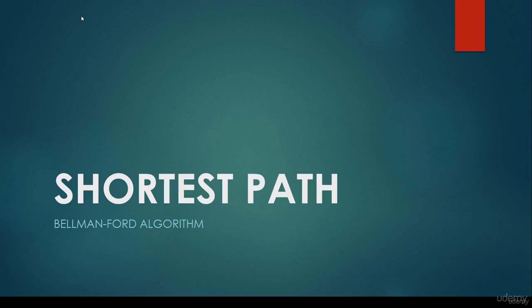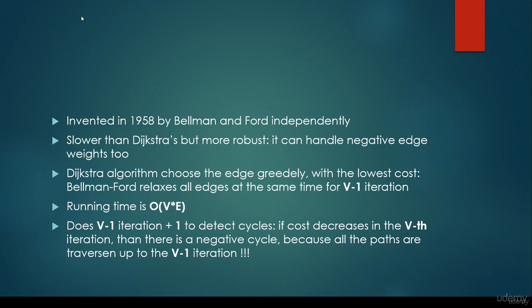Hi, in this video we are going to talk about another very important shortest path algorithm, the so-called Bellman-Ford algorithm. So let's get started. This algorithm was invented in 1958 by Bellman and Ford independently. Basically it is slower than Dijkstra's shortest path algorithm. But it's very important that on the other hand, it's much more robust because it can handle negative edge weights